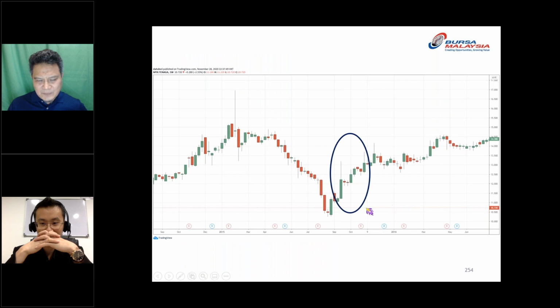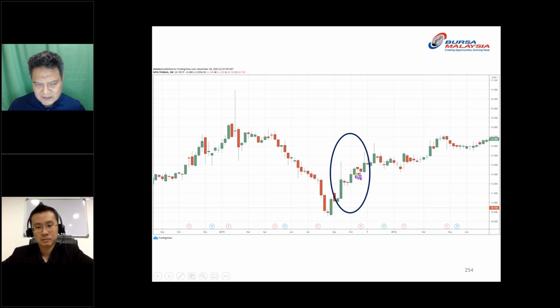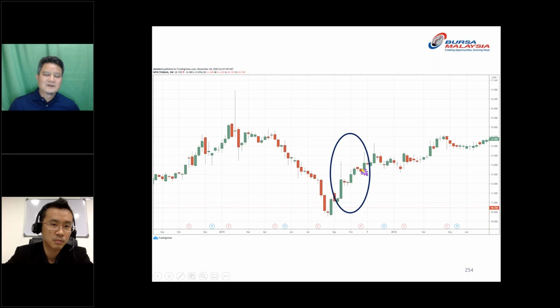This continuation, for example here in this case, you got only 2. The market moves up and comes down with very small candles, and then it moves higher, exceeding the previous candle. Same thing here also. You see, it moves up, and then there are 2 small candles going down, and then this third candle moves up higher.